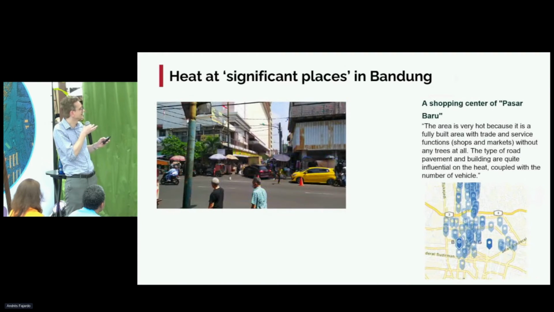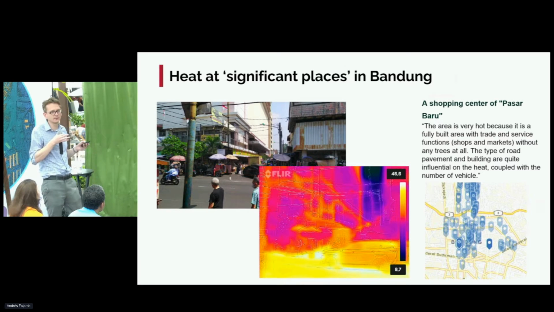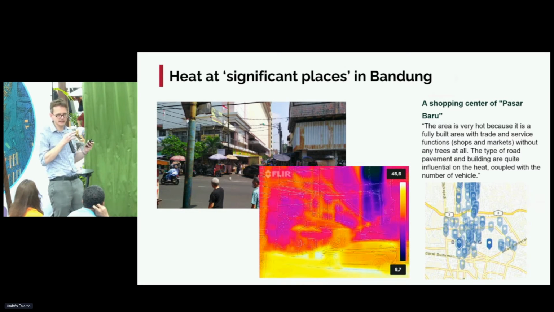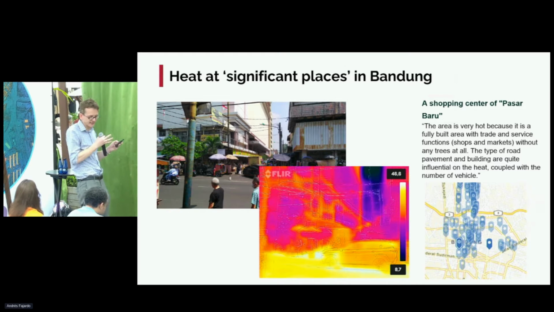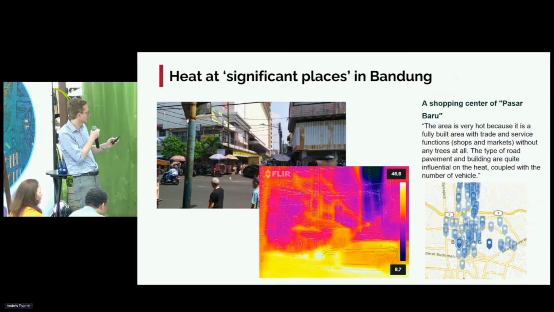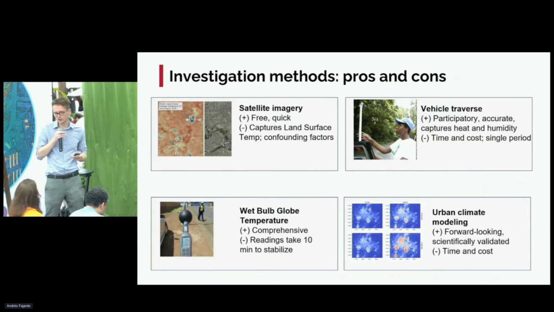So this is just one more example of an innovative method that we think can help drive some engagement and help get to the action plans that can fit out today's city for tomorrow's hotter climate. I'm going to leave you with one final slide. This is called Take Your Pick.